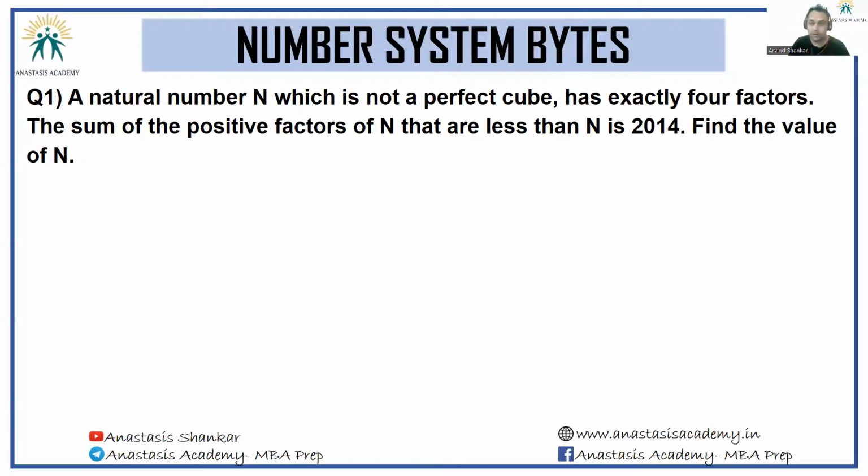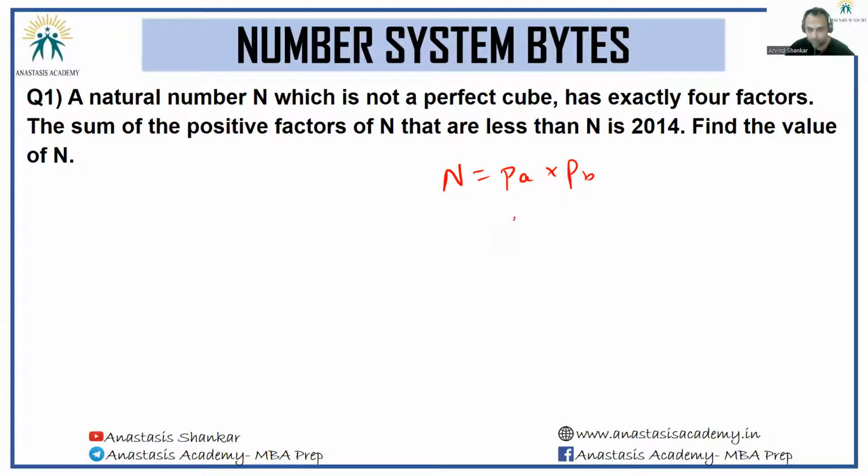Let's look at the solutions of numbers. A natural number n, which is not a perfect cube, has exactly 4 factors. A natural number n, which is not a perfect cube, if it has exactly 4 factors, it is only possible if n is equal to some prime number times some other prime number, in which case the 4 factors that